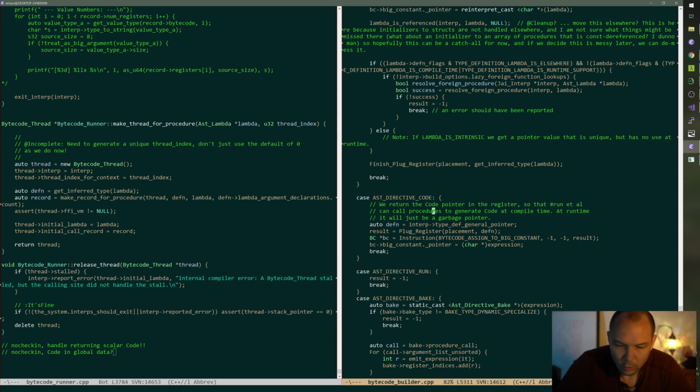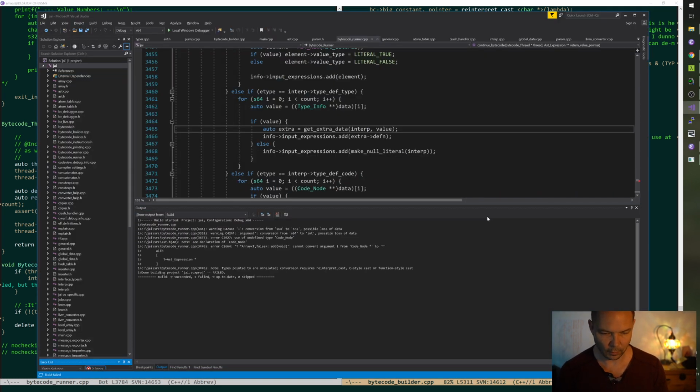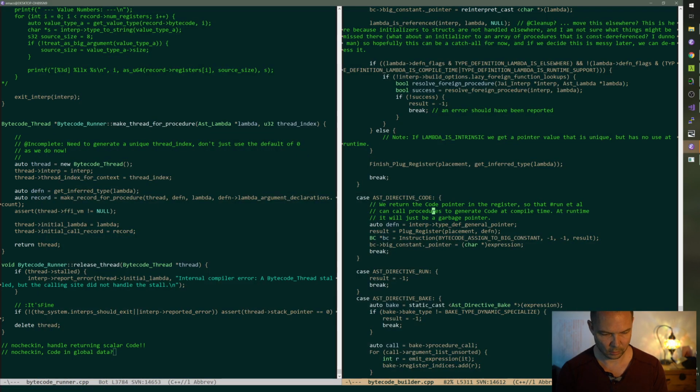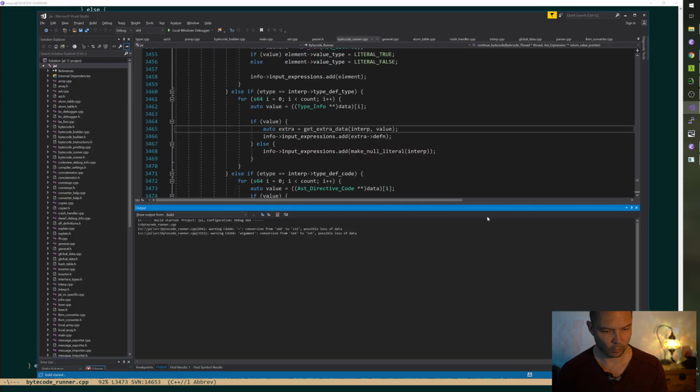Great, okay, so the existing code was correct, and therefore also shall this be, hopefully. All right. Code node, oh yeah, we don't need that part though. Code directives, bro.